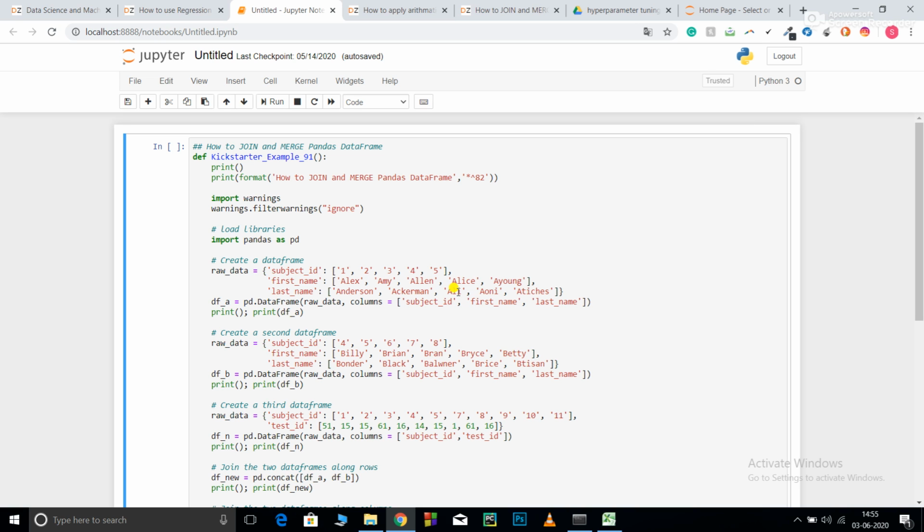Now consider the example of a company such as Amazon or Flipkart. When they design a schema, they can't put everything in a single data frame, so they need to split that on some particular basis. For example, one will contain customer IDs and customer details, the orders that customers have placed. The second may contain the shipments.